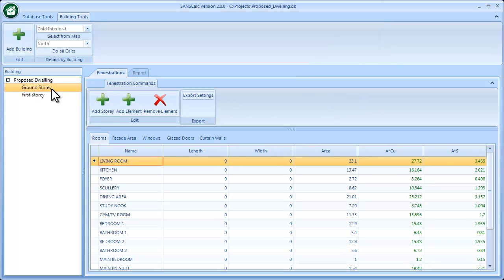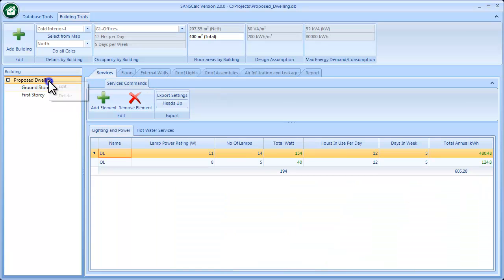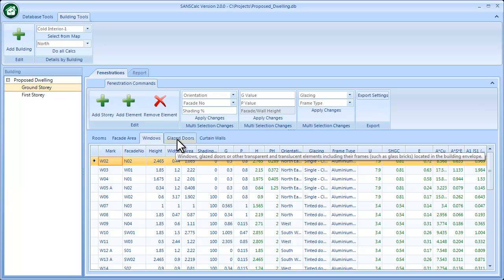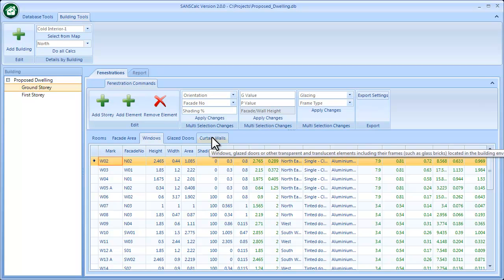Right, I'm going to focus on the fenestration now, and basically here you can add stories, obviously right clicking on and deleting them or editing the name, so you can also edit the building. Right, with regards to the fenestration, you would add certain rooms, and it's basically just adding an element and then typing in the information. The conductance, the allowable conductance and solar heat gain gets calculated based on the area and the climate zone. Right, then your fenestration elements, we just separated it into windows, doors and curtain walls or glazed walls,